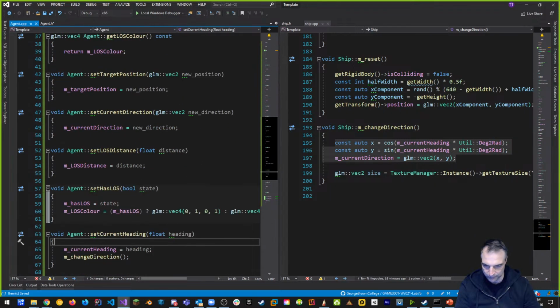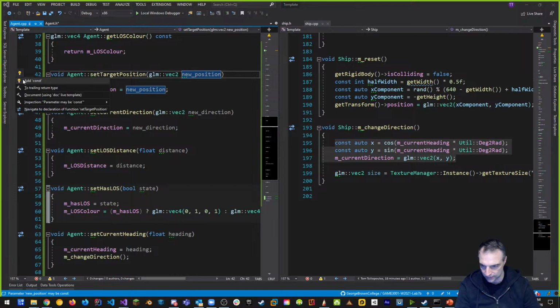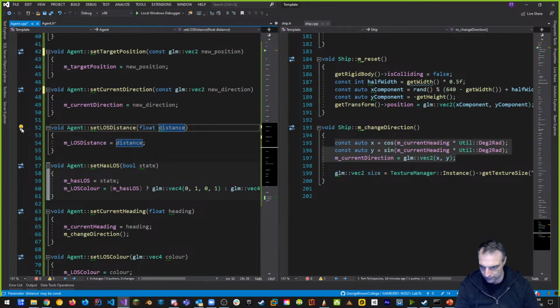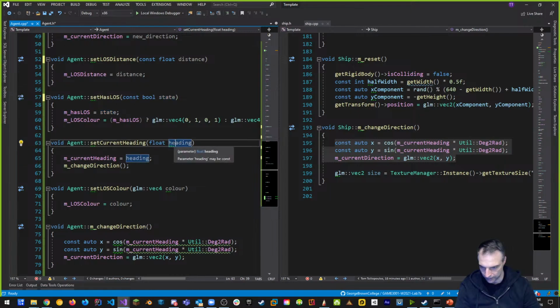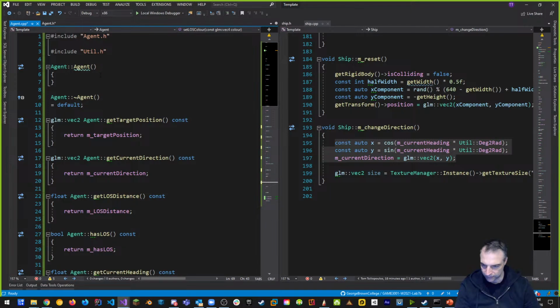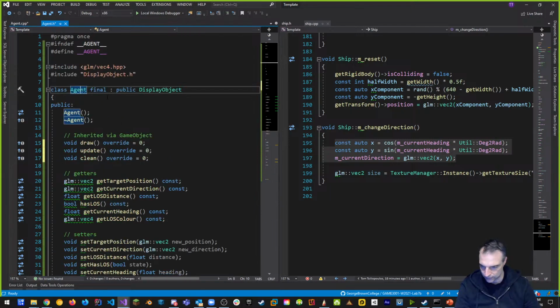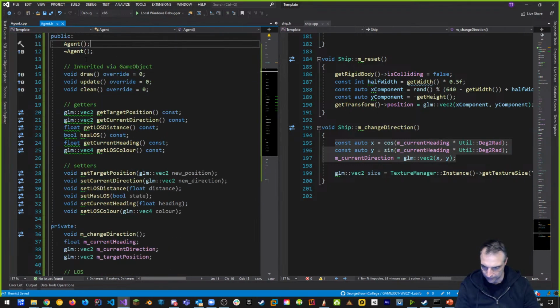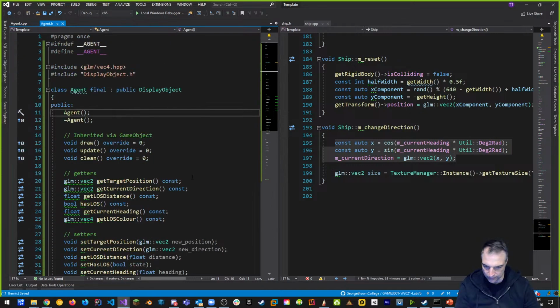Let's use ReSharper C++ to fix things up. So we know that this should be const, and so should this, and this, and this. All those, heading, as well as color, those are all const. And that is my new agent.h and agent.cpp. I'm going to save both of those. Nice. And after I've saved all this stuff, I want to make sure that